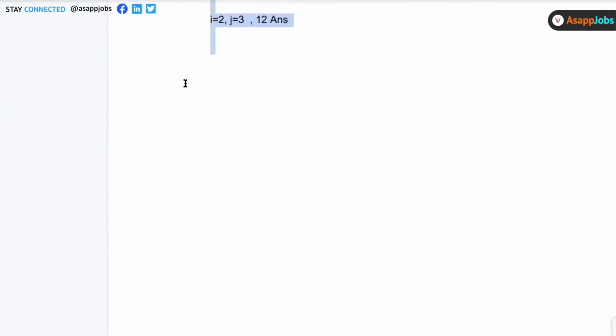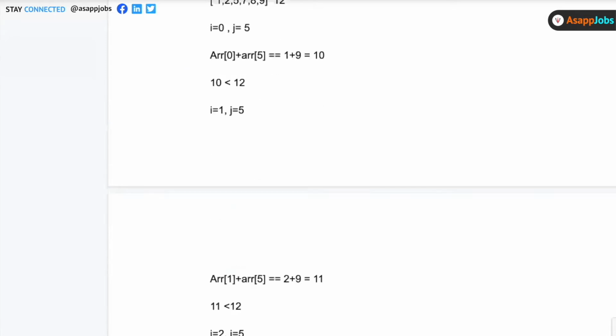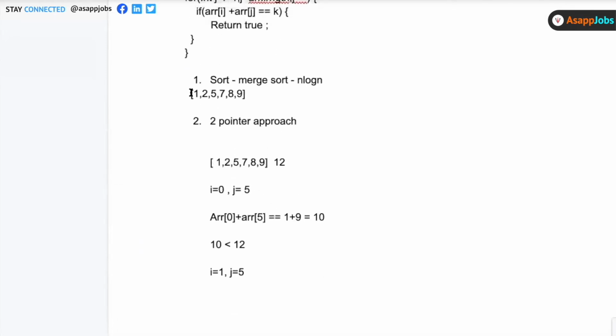Another variation of the question can be this. Instead of a single array, they can ask you about three pointers. I'm just extending this question. The same array, right? I can take the same array, take the example of this one.